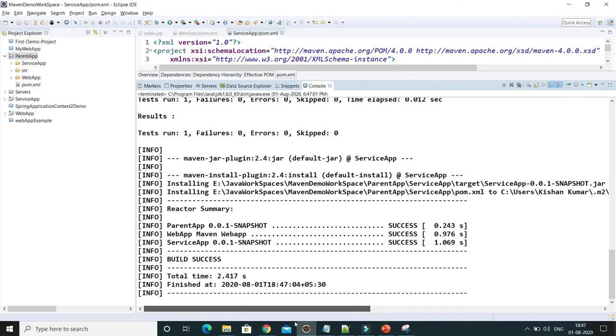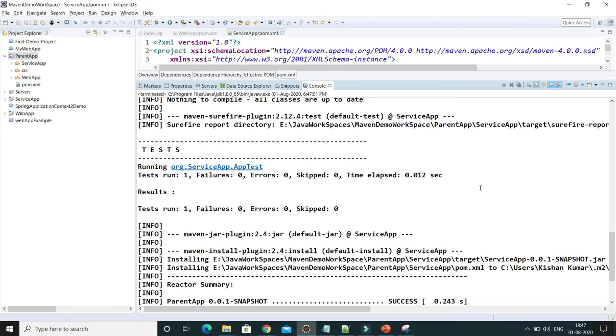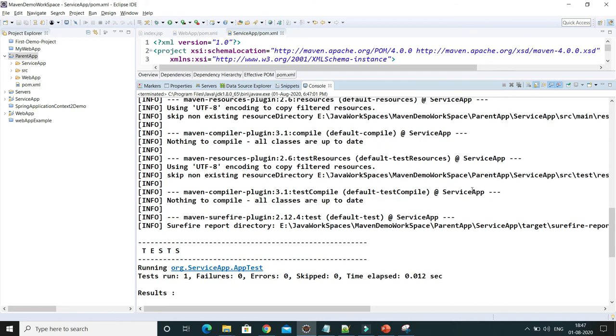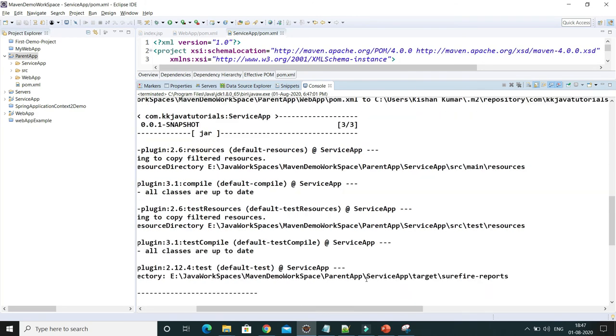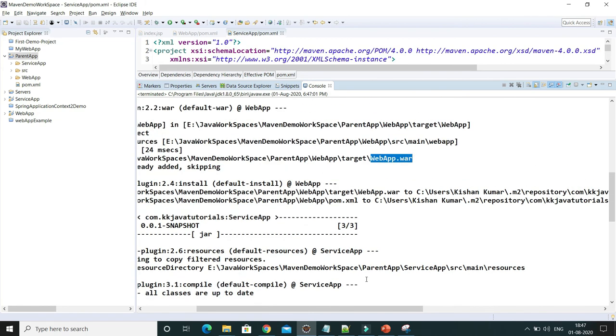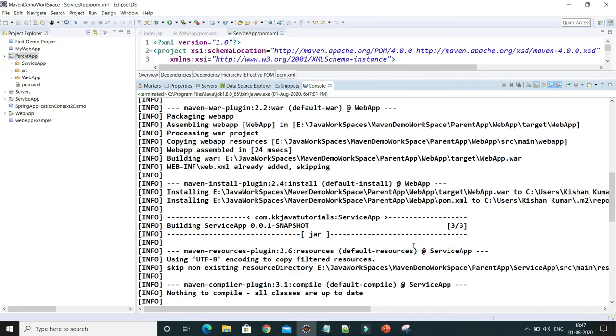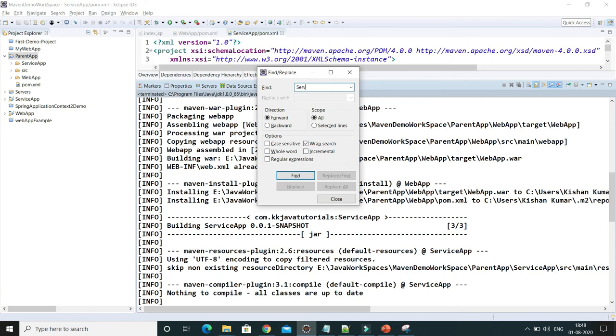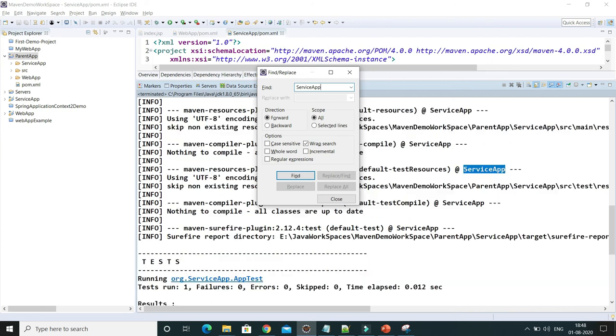directory. So here you can see where is service app. Service app would have generated a jar. Where is that? Here you can search service app. Yeah, that has started.